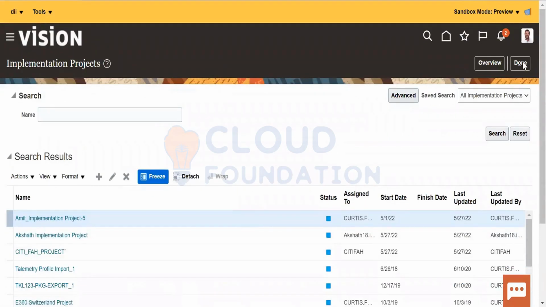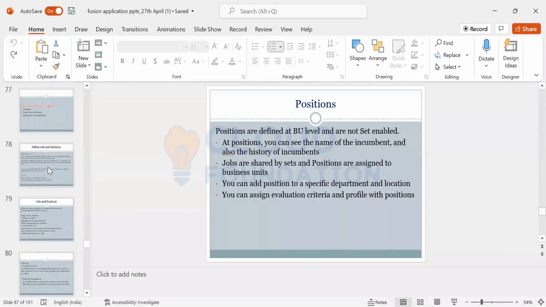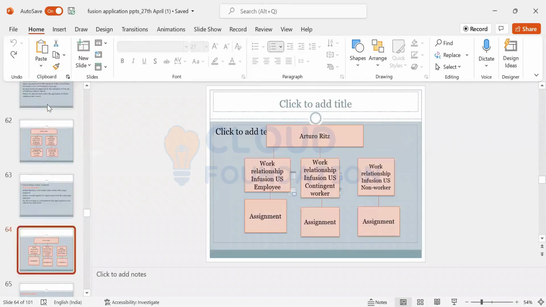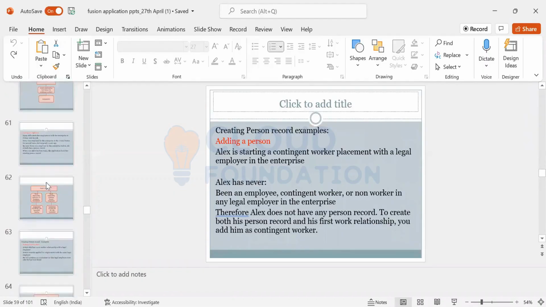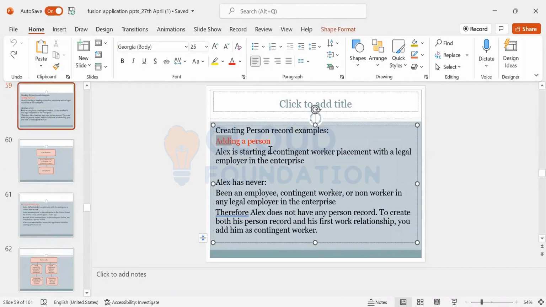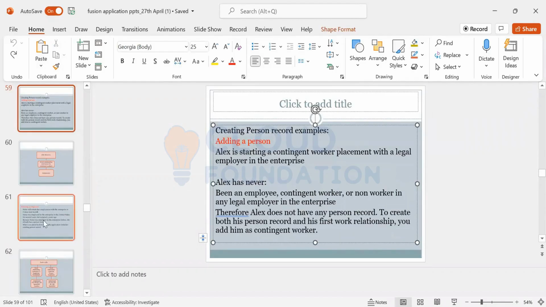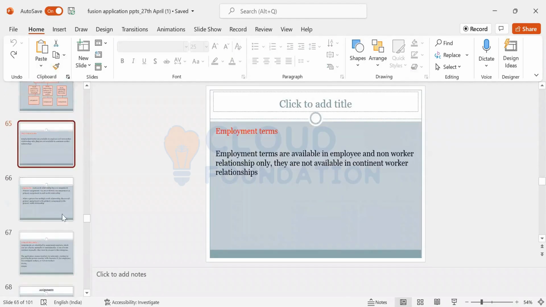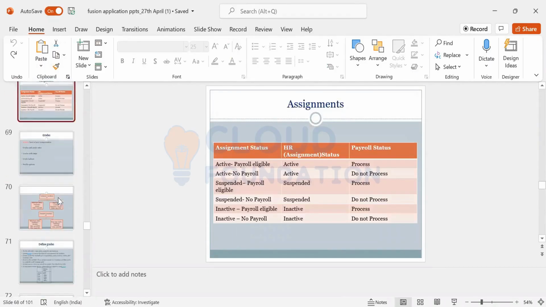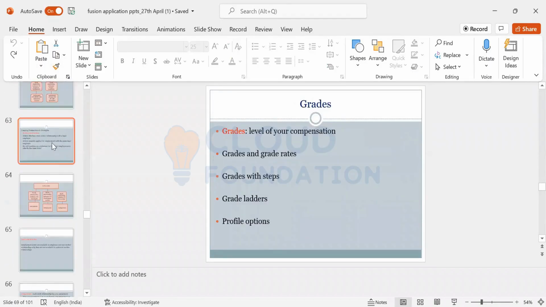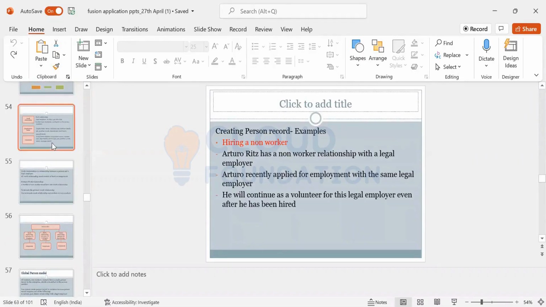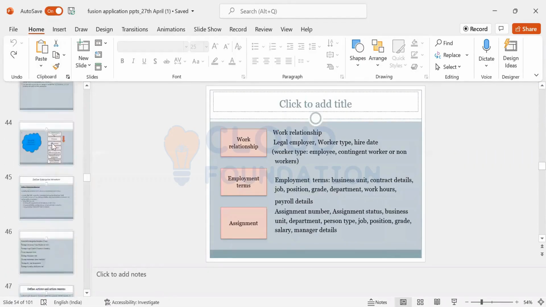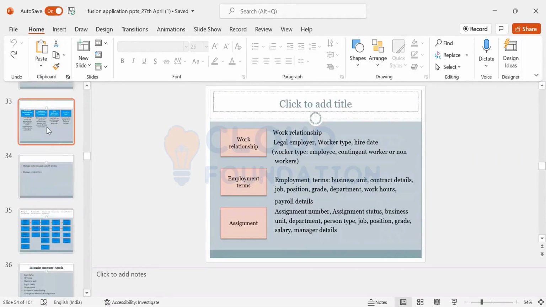Now coming to what was left. Now coming to our assignment.